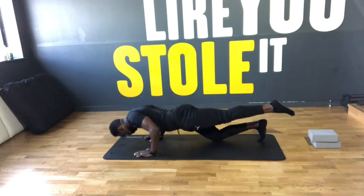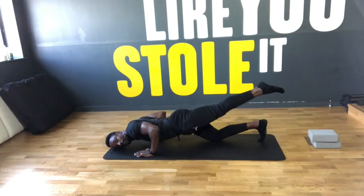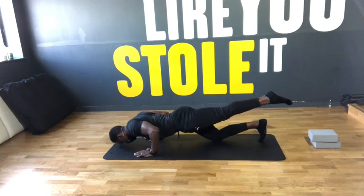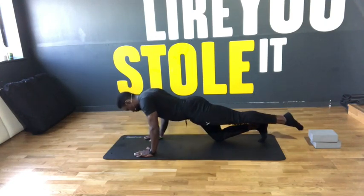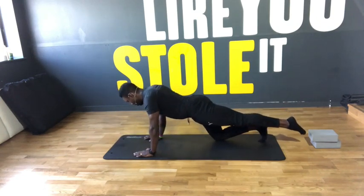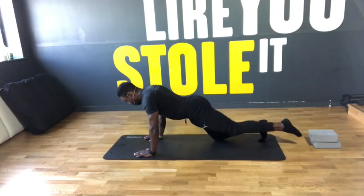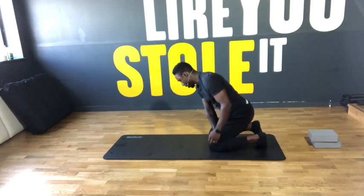4, 5, doing good, nice and strong. 6, 7, 8, 9, last one, and 10. Return your knee to the floor and come into child's pose